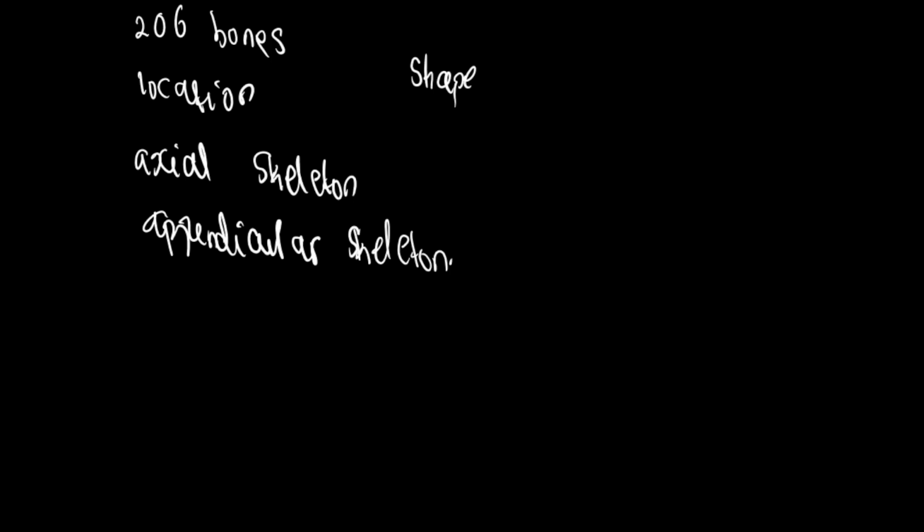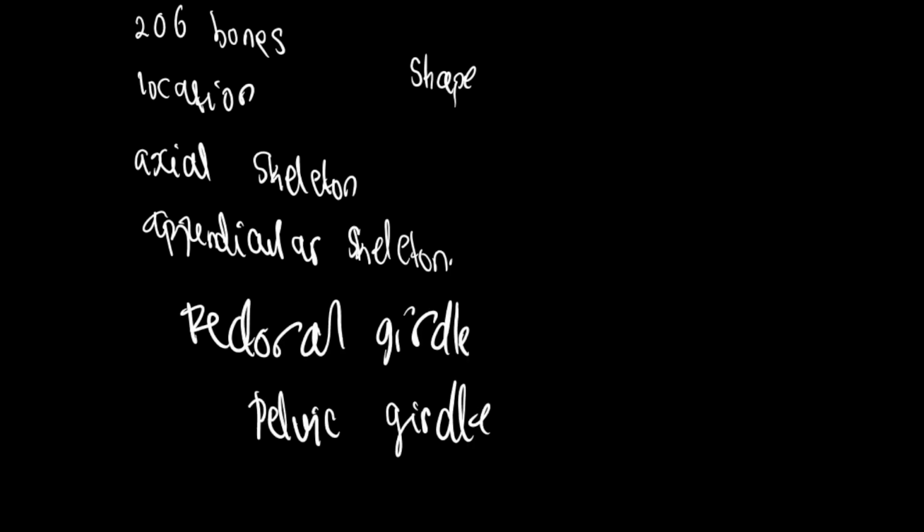Okay, now the appendicular skeleton. From the word appendicular, they are appendages, so kind of like attachments. They are attached to the axial skeleton. The bones that form the appendicular skeleton are the bones that form the girdles. Okay, so we have the pectoral girdle as well as the pelvic girdle. Now, pectoral generally has to do with the chest or breast region, and a girdle is simply a structure that surrounds something. Okay, the pectoral girdle is the structure that helps to attach the upper limb to the axial skeleton,